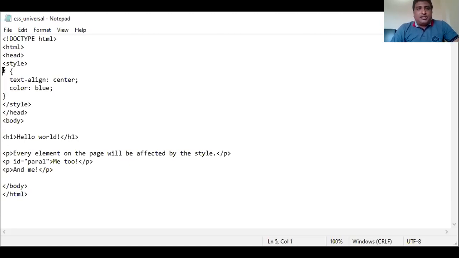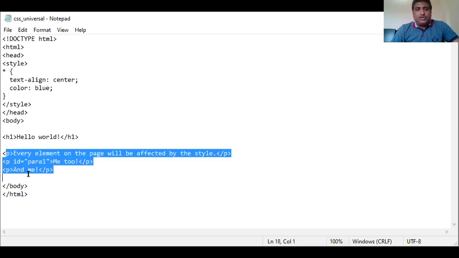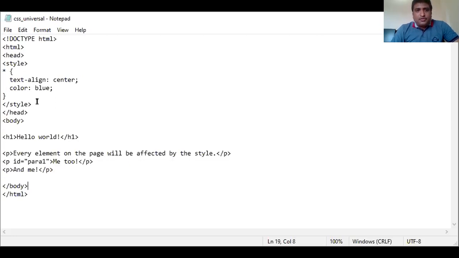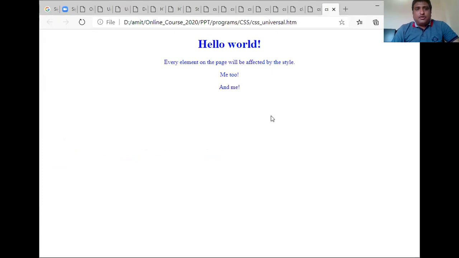We use the star symbol for the universal selector, so these properties apply to the whole page. Text-align center and color is equal to blue. So all this content will show with blue color and text aligned center. Let's see the output. So here we get the output, all the content shows in blue color and aligned center.